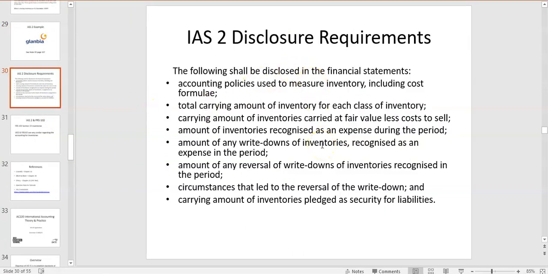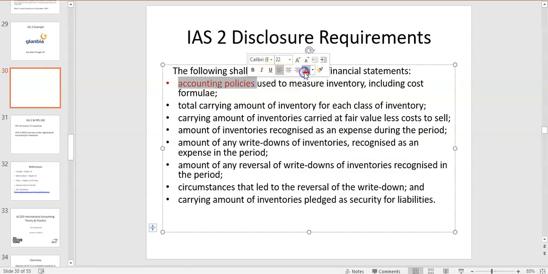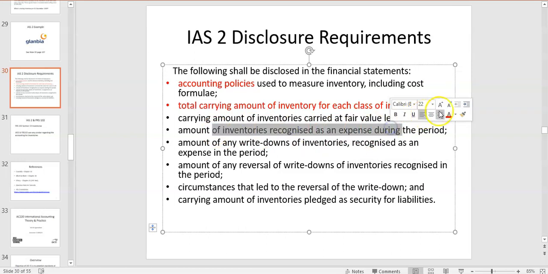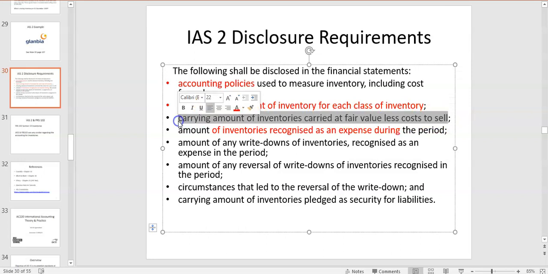So they're all the kind of disclosures we talked about. They're mandated as part of IAS 2. So it is a key part of any accounting requirement. You must disclose the accounting policies. We've seen those for Glanbia. The carrying amount of each class of inventory. We saw that, raw material, work in progress, finished goods. The amount of inventories recognized as an expense. Carrying amount of inventories carried at fair value less cost to sell. That's quite niche. Don't worry too much about that. Write-down of inventories. Reversal of inventories. Explaining the write-down and the reversal,